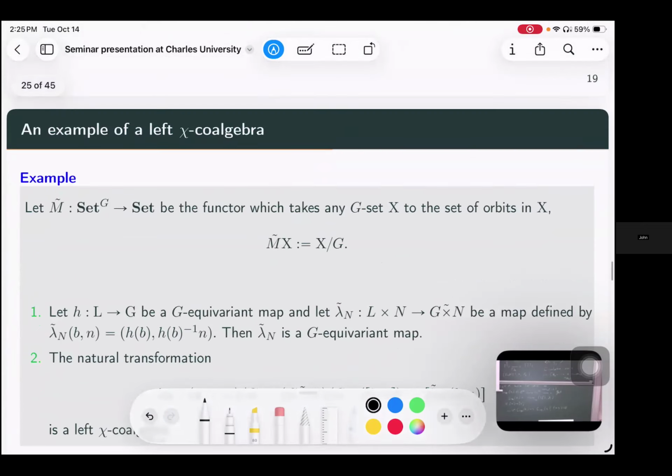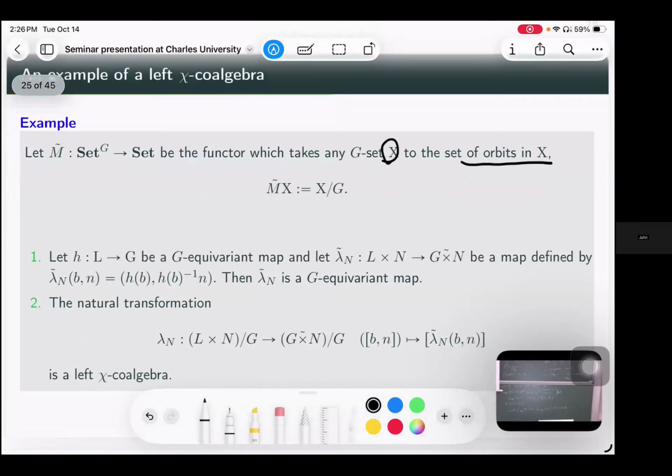So if I take M tilde to be a functor from G-set to set, what this does is that it takes any G-set X to the set of orbits in X. We first need H, which is a G-equivariant map from L to G, and we define lambda tilde n to be a map going from L cross n to G cross tilde n. We claim that this very map is G-equivariant,